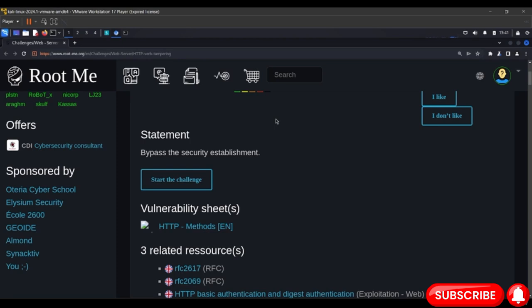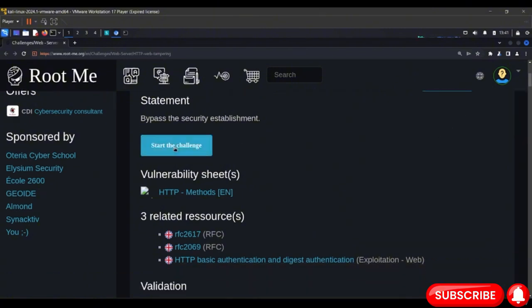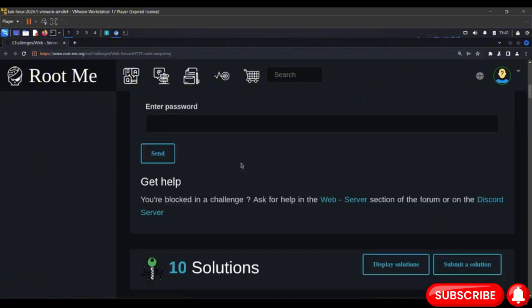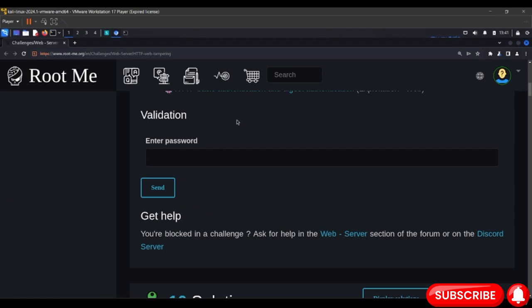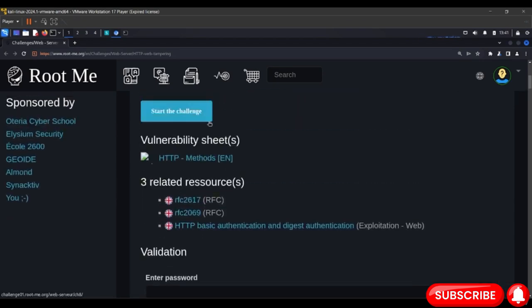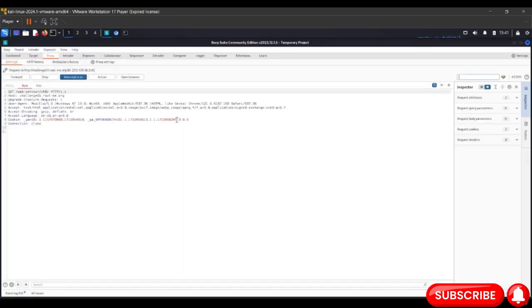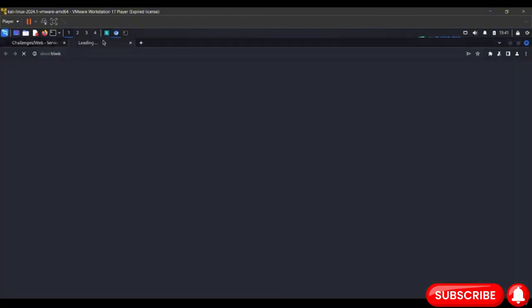Guys, to demonstrate this, I'm using this site, rootme.org, and the challenge is HTTP verb tampering. First, you have to register on the site and then click on start the challenge. Here you have to enter the password for the validation. So click on start the challenge, and then